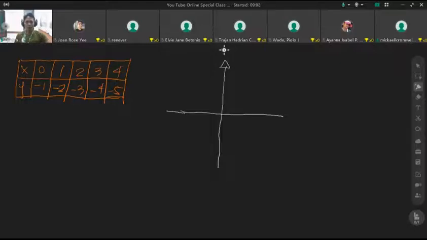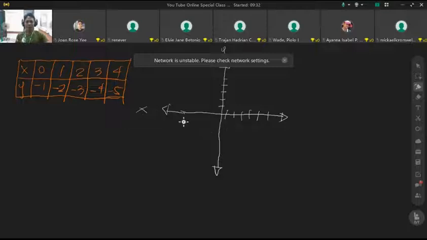Do you know how to plot points? If you cannot plot points, you cannot sketch the graph. We have this one. 1, 2, 3, 4, 5, 6. Numbers on the upper y-axis are positive. To the right of the x-axis is also positive. To the left side is negative. And below the origin is negative. So if we try to plot this